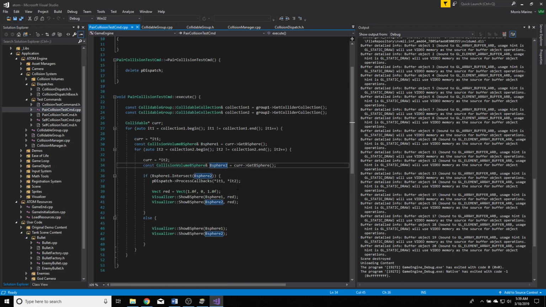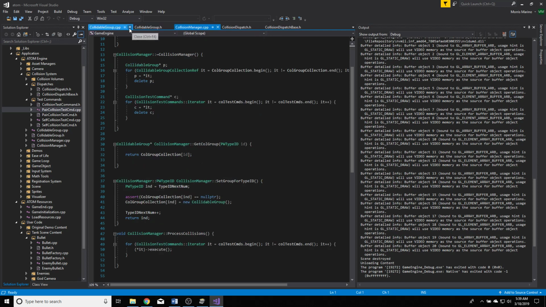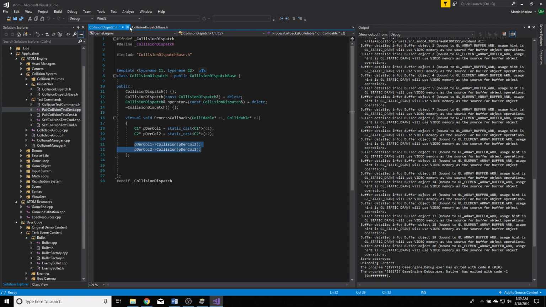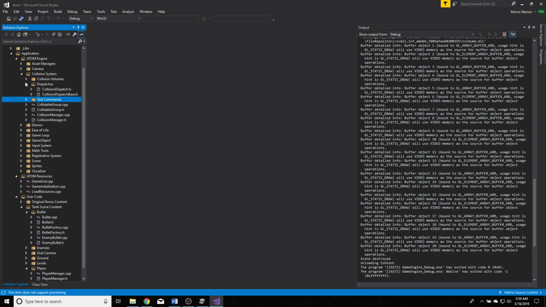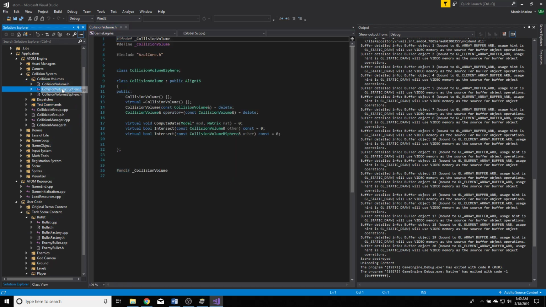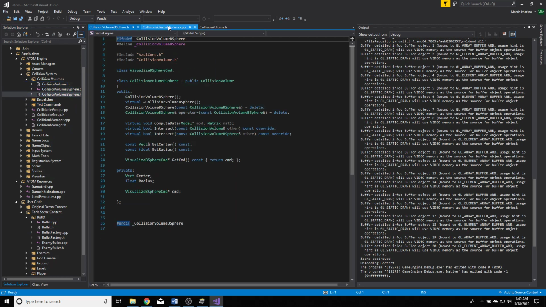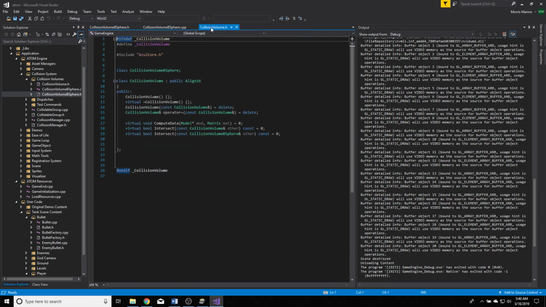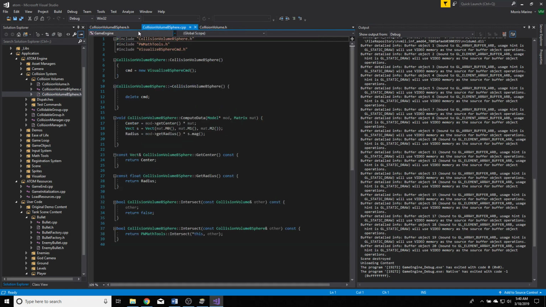Yeah, anyway, here it is, calling pdispatch on the two. So that's the collision system. Well, I suppose not really convoluted, but here's the B-sphere classes, the collision volume class, used for the visualizer,